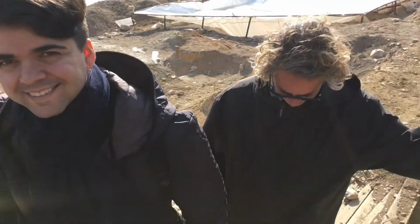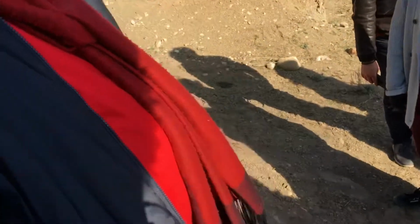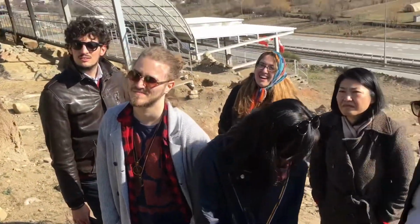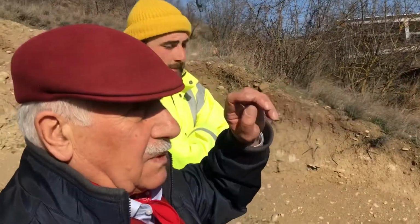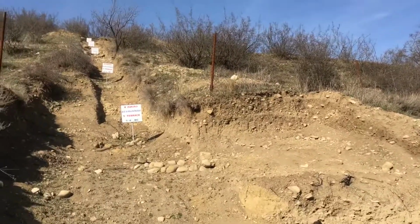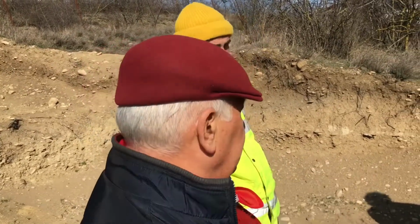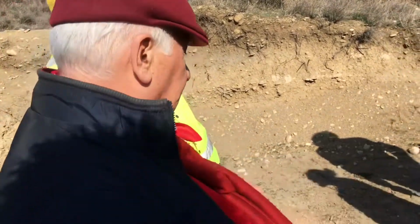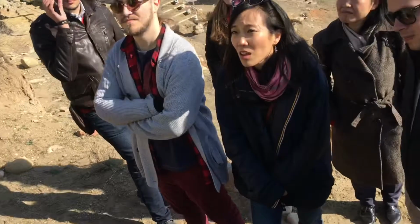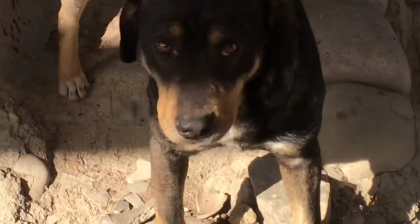Perfect. So, Michael is working here, an archaeologist sitting beside us. Yeah, he has an eye. As I told, I have students from different universities, from Leiden University in Holland, from Innsbruck University, from Venice, of course, and this year Oxford University asked for permission to dig here. So I decided to give them this place. This is almost ready, so after 1 week they will open the building, so everything here is clear. Okay, now we have to go this way. And yes, yesterday they discovered another burial of